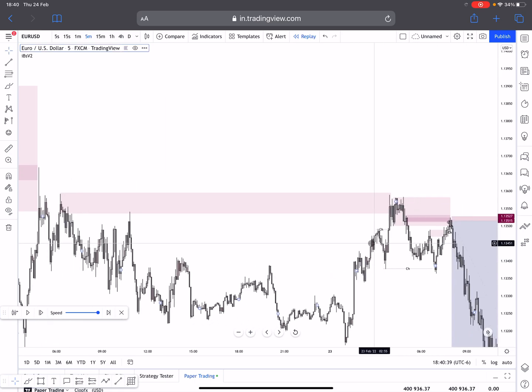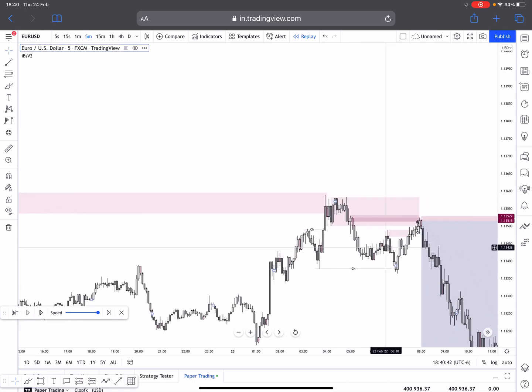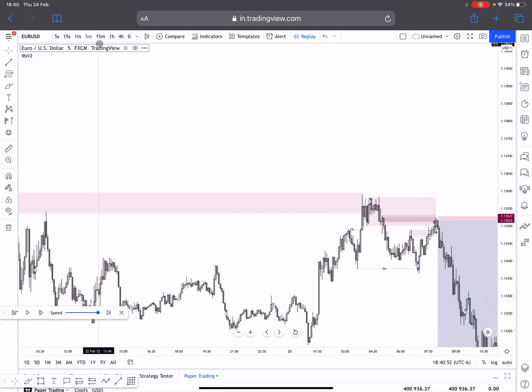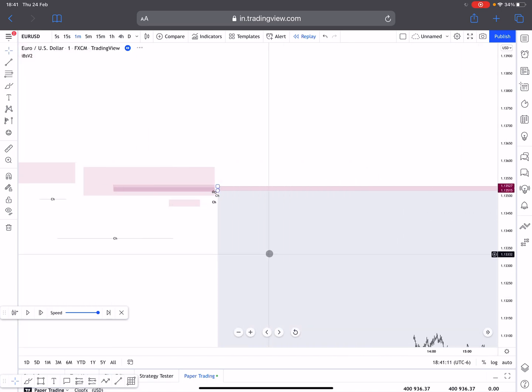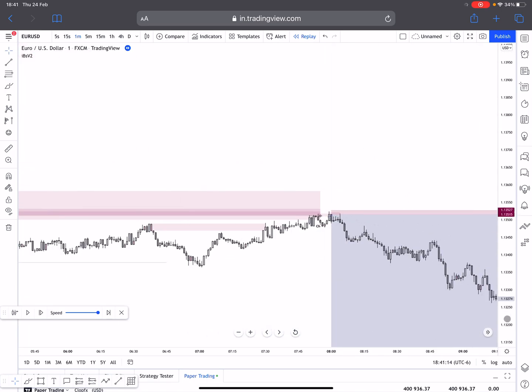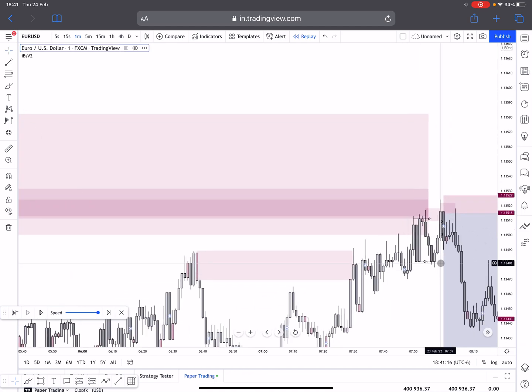Okay, there's many of them. You can mark this one, the flip, because it reacted to that and failed. You search for that, refine it to a 5 minute, and you gotta search for the decisional of this, that's the flip, or the extreme of the main supply or whatever your POI is. Then you go down the time frames and you search for your CEs with chalk and flip, or just chalk, like this happened. And pretty much you go for a trade, right?